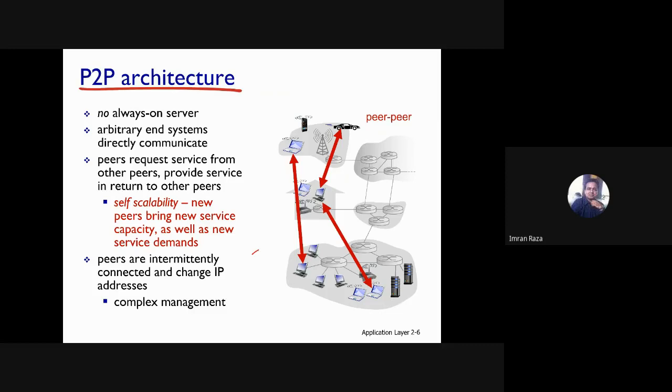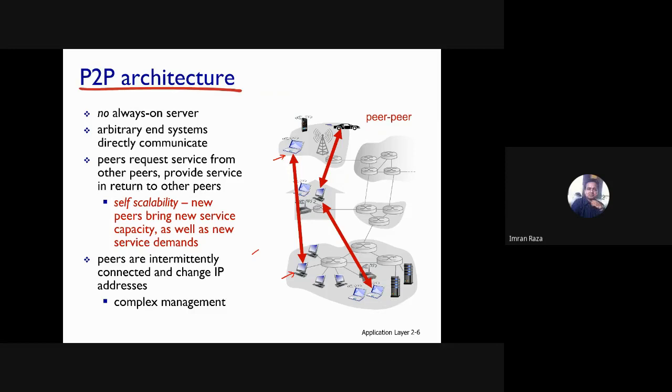For example, you can see this peer is directly communicating with this peer, right? So peers request services from other peers and provide services to the other peers in return. So peers are the devices at the same level, right?